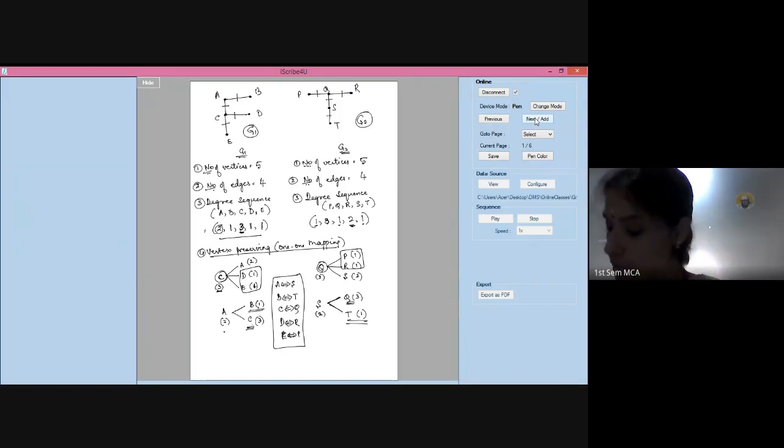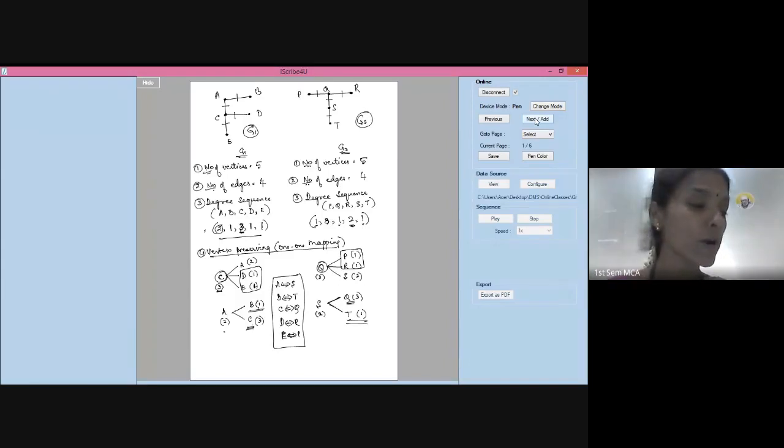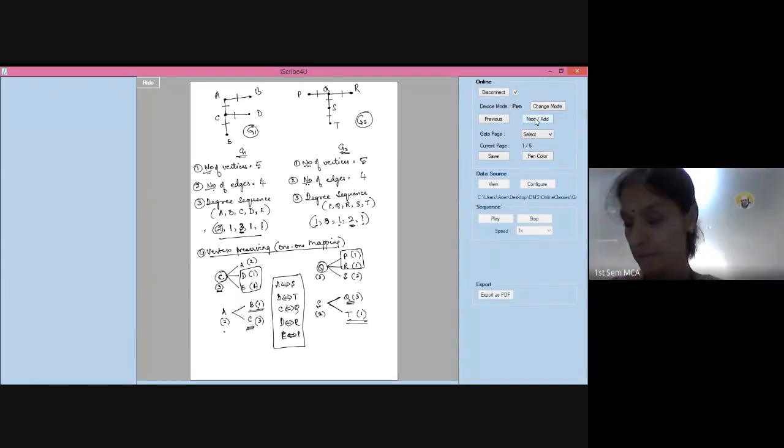So, this is called as vertex preserving, where we are trying to make each vertex of G1 equivalent to one of the vertices of G2. Okay. Now, once you finish this vertex preserving, the next one you have to do is edge preserving. Let us see what is edge preserving.